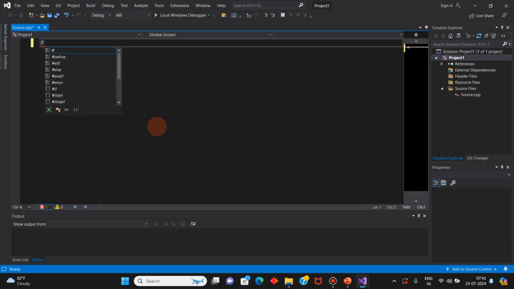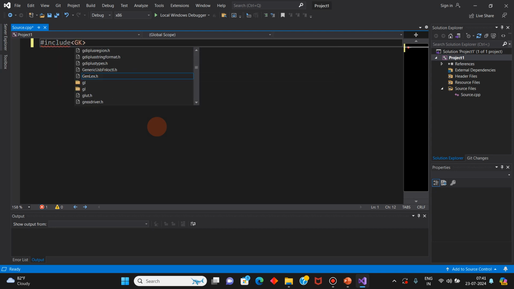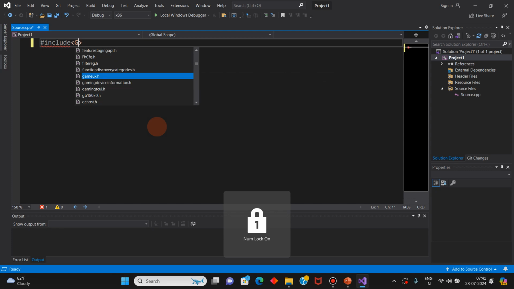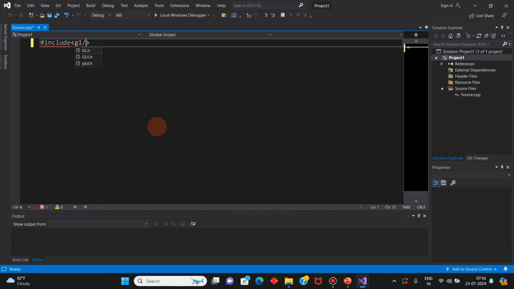libraries that we will be including. Libraries are pre-written code given by your computer graphics hardware manufacturing companies. So we will include gl/glut.h.